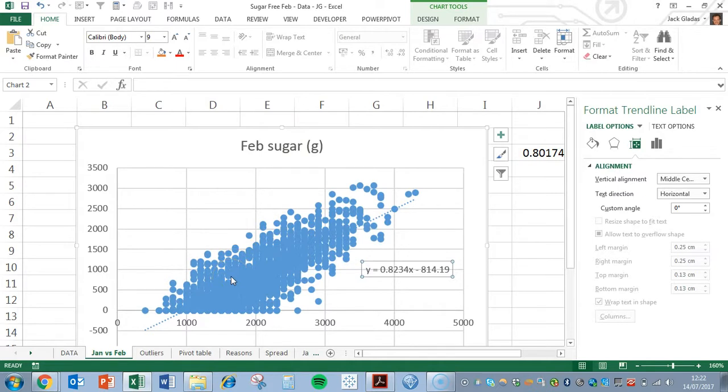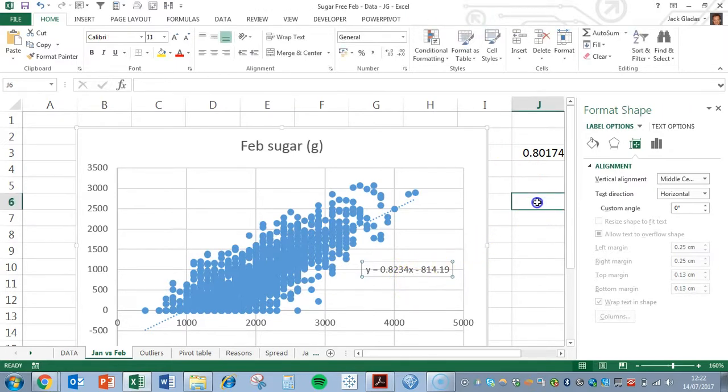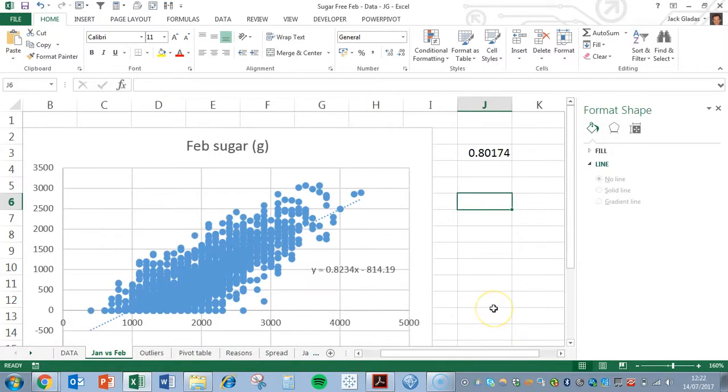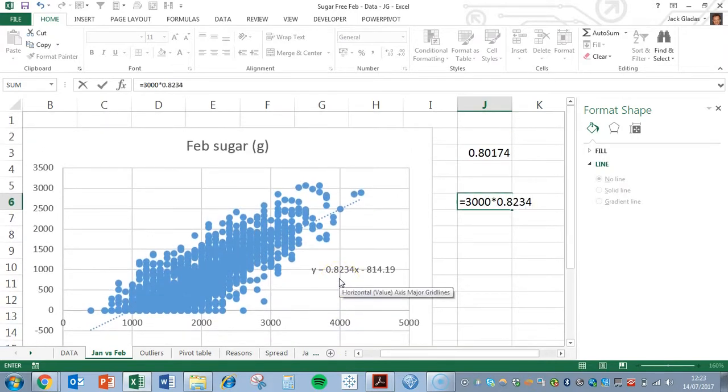Now, if somebody who consumes maybe on a normal month 3,000 grams of sugar comes to us and says, how much sugar do you think I would consume if I did sugar-free Feb? We could substitute 3,000 in here as our X and tell them. Let's do that. That equals 3,000 multiplied by 0.8234, and then we want to take away 814.19. Hit enter. We would tell that person, we estimate that in February, if you did sugar-free Feb, you would consume just 1,656